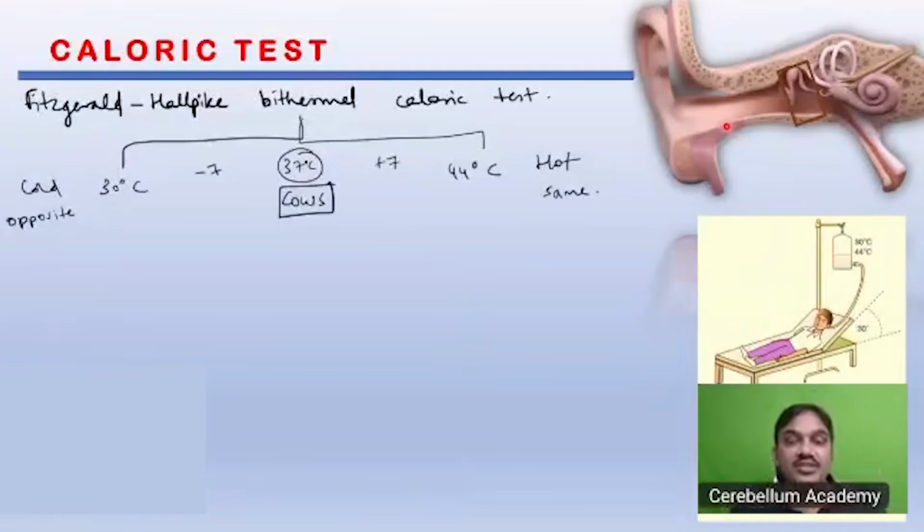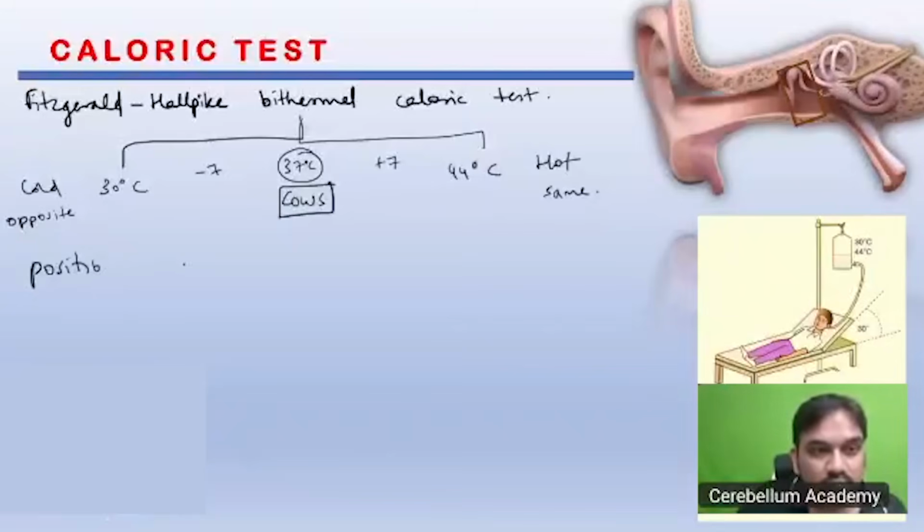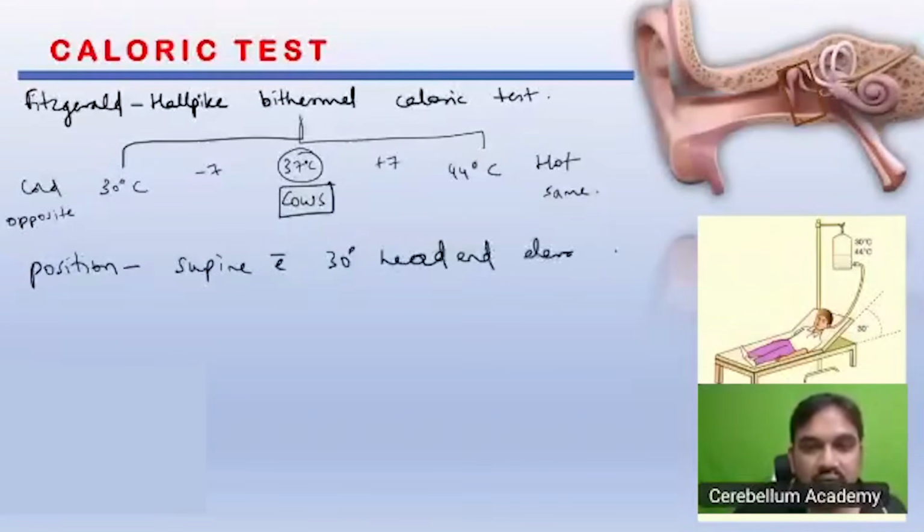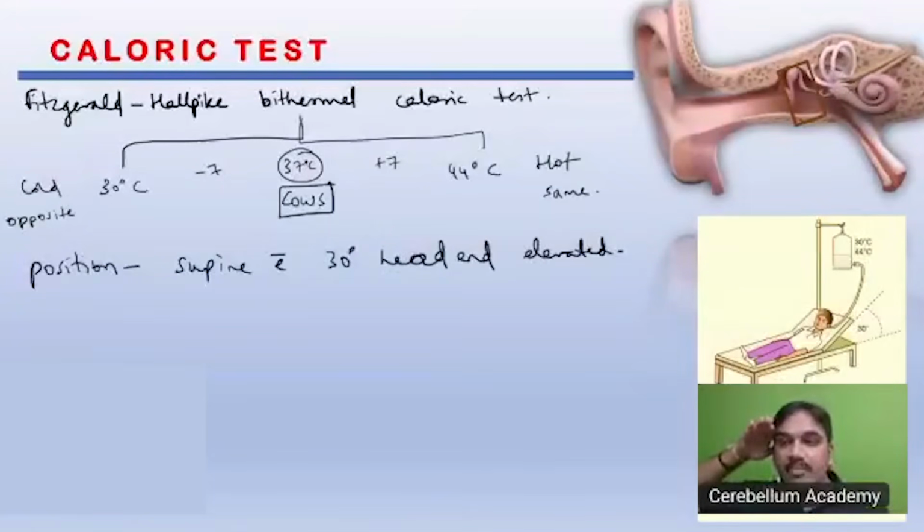So I take a patient, like you and me, a normal patient. I make him lie supine with a 30-degree head end elevation. What is the position of the patient? Supine with 30-degree head end elevated. Now, why this position? When I am lying horizontally, my horizontal semicircular canal, the lateral semicircular canal,